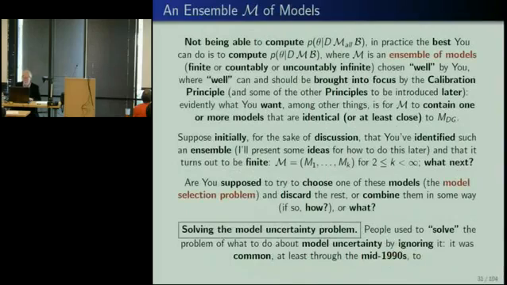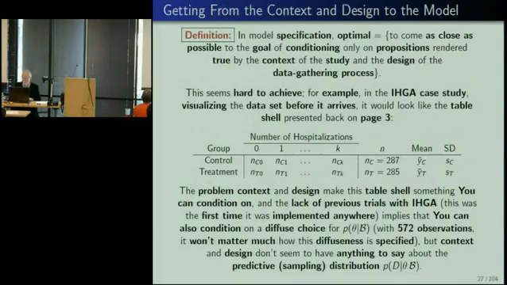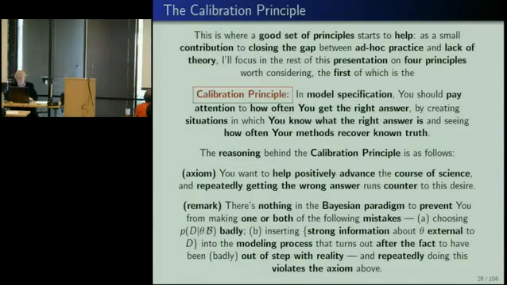Before we got to that slide, though, I shared with you one particular principle for trying to move toward good model specification. Last time it was called the calibration principle. And those of you who come to this course from a frequentist perspective probably bought into this principle without anyone even having said it out loud to you before you came here. And if there were any Bayesians in the room before the course started, I'm trying to argue that Bayesians should be equally compelled by this principle as frequentists, because there's a basic issue here,